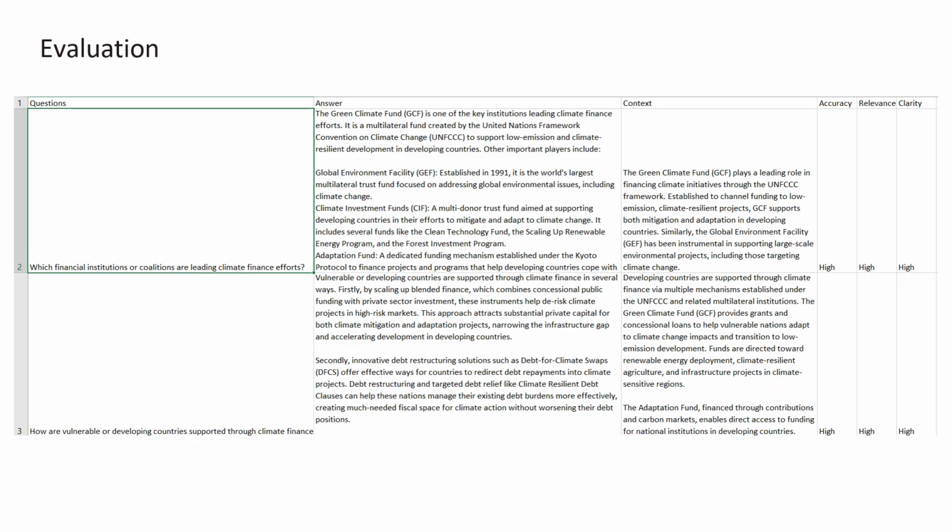So far, I have gotten high accuracy, high relevance, and high clarity. Maybe in the future when we are bringing in more PDFs, the evaluation can get more complex, and we may need an automatic evaluation process as part of the architecture.